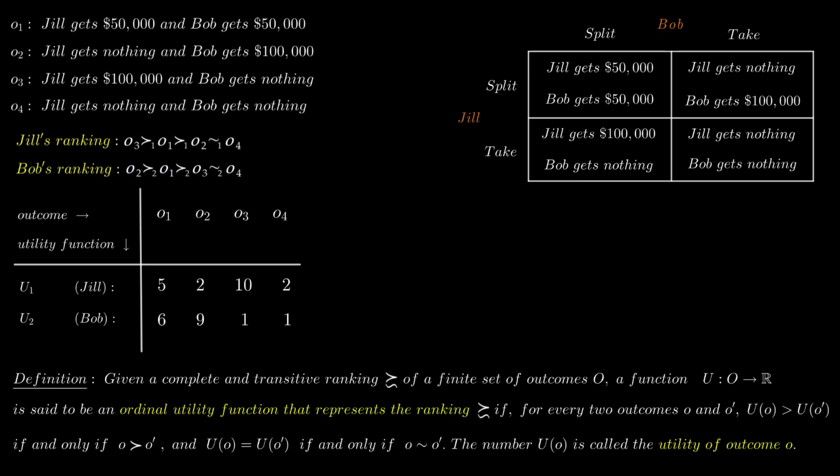Of course, saying that for Jill the utility of outcome 1 is 10 is a meaningless statement. It only makes sense when you compare the number to the numbers of the other outcomes. It only matters as long as the utility number of O1 is bigger than the utility number of O2. Beyond that, whether the utility of O1 is 7 or 6 or 10 makes little difference, since all these numbers are greater than the utility of O2.